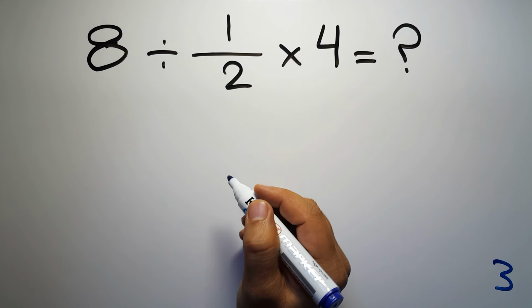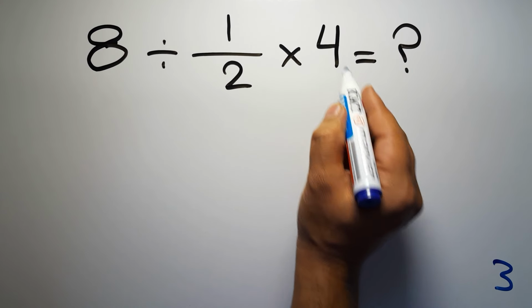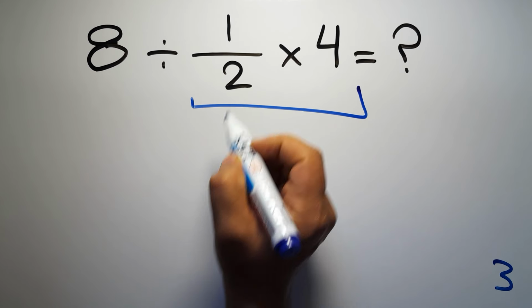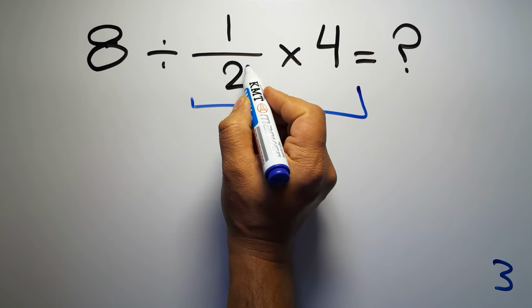First, we do this multiplication. 1 over 2 times 4. 2 divided by 2 gives us 1. And 4 divided by 2 gives us 2. So here we have just 2. And 8 divided by 2